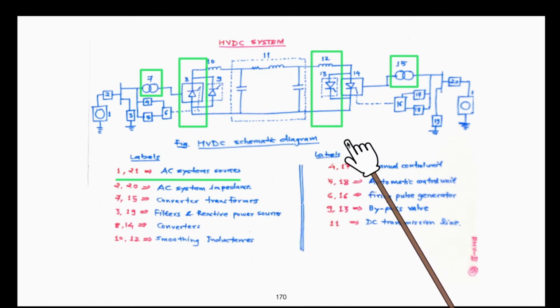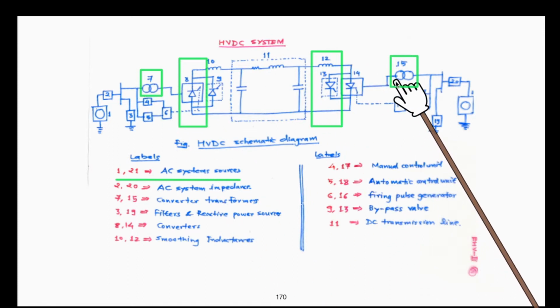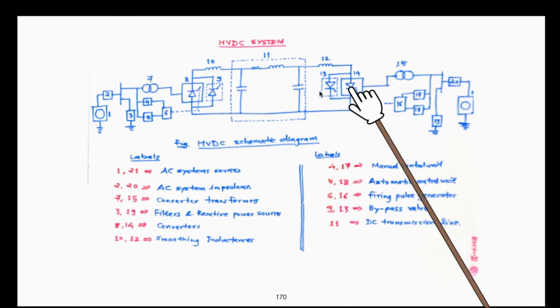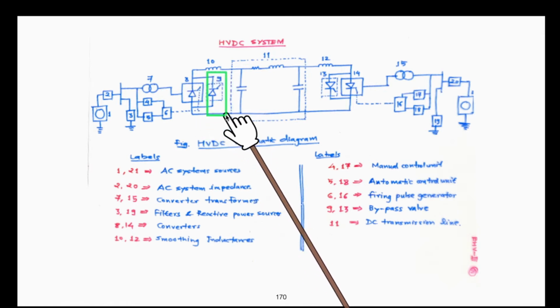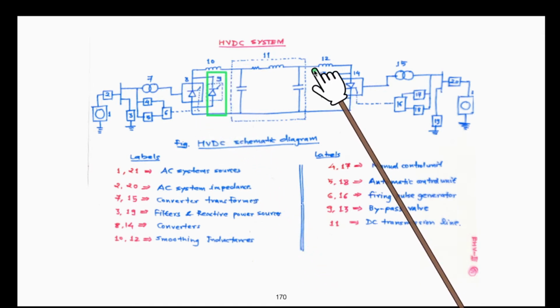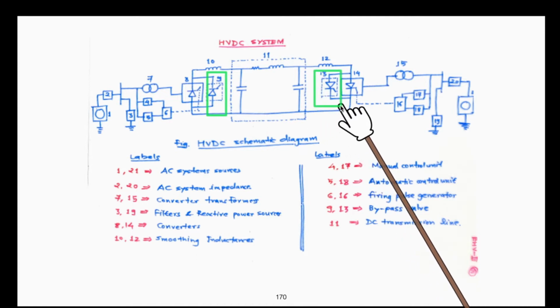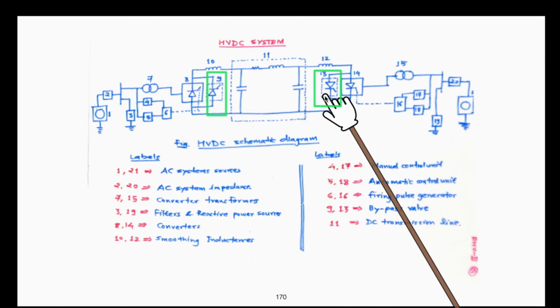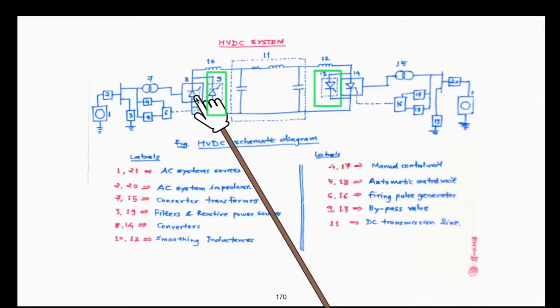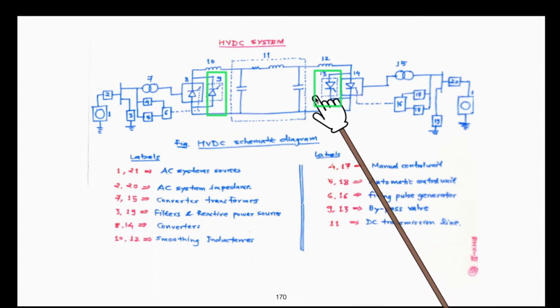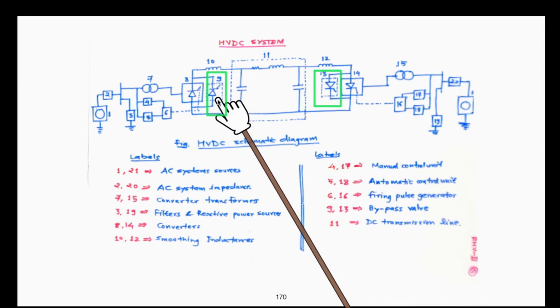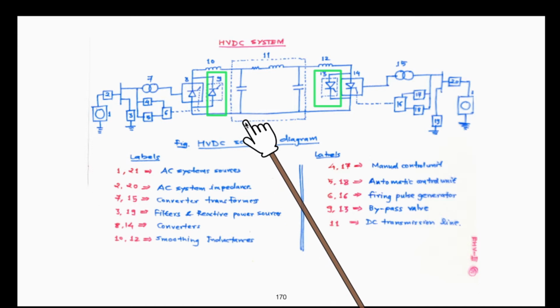Now please observe that apart from the converter, inverter and corresponding converter transformers, there is an additional set of converter provided. There is an additional set of 3-phase converter provided here, as indicated, just in parallel with the main converter. So this is the backup converter. Main converters are two 3-phase converters connected in series, but the backup converters are also called bypass valves. They are provided in order to have a backup.